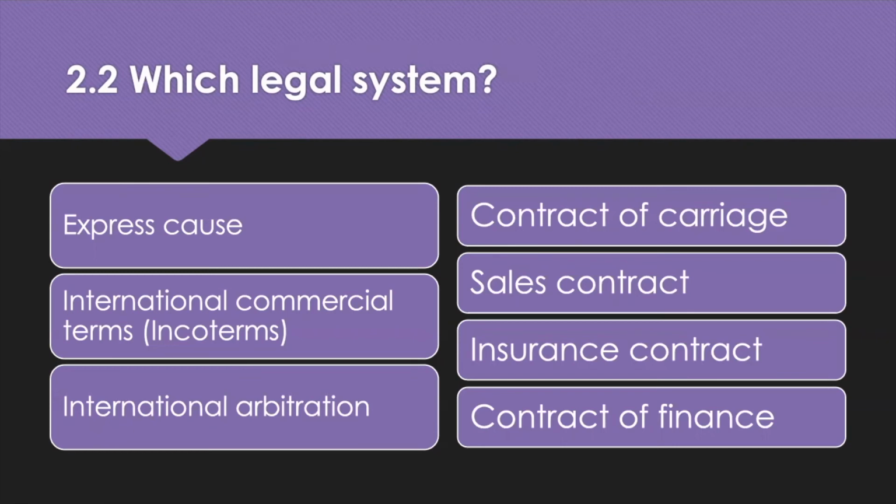Now, in order to manage risks arising from problems of interpretation of laws and potential conflict of laws, there are three main approaches available. So every international commercial contract should include express clauses that determine which of the two sets of legal systems should be used. Generally, the choice of legal system is made by the exporter rather than the distributor, the buyer or the agent. However, that doesn't preclude possible resolution of a dispute in a court of the importer.